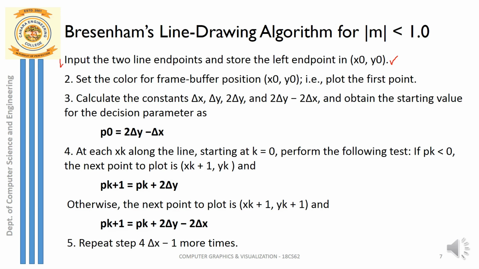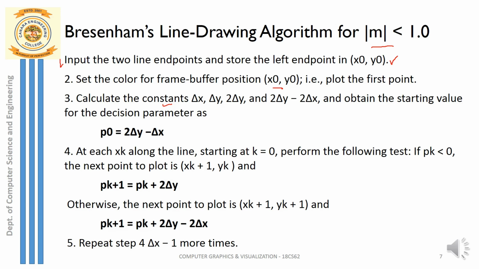Okay, so what is our second step? You're supposed to set the color now for this particular endpoint. If you want, you can set the color. So what is the color that you can set? Red, green, blue, or whichever you want. So x0, y0 is our leftmost endpoint. Plot it first. Next you have the third step, but remember, before I continue with this algorithm, these 5 steps that we have written are only for lines whose slope is less than 1. Remember, the algorithm that we have written is for lines whose slope is less than 1.